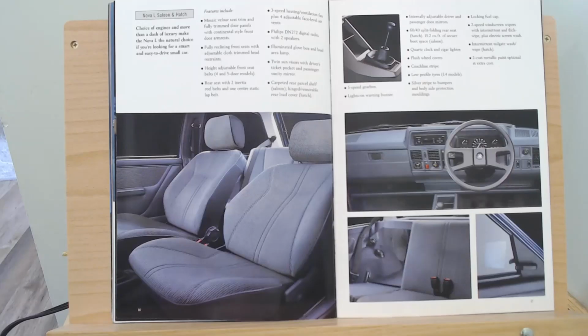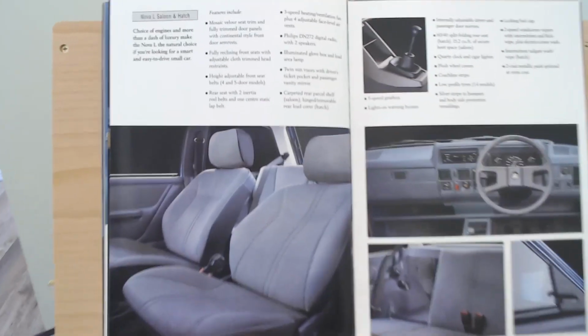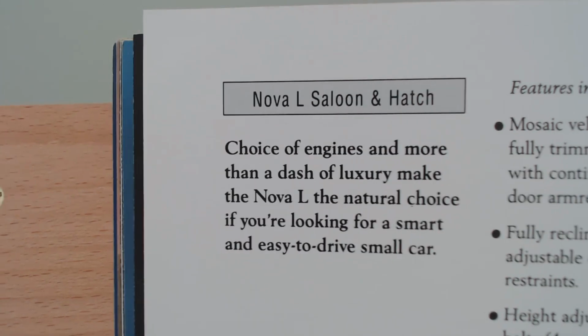So I think straight away my first impression is these seats look a little bit nicer for sure. We've got a split rear seat there. Looks like we can adjust the mirrors now from the inside. So a bit more of the features we would kind of expect for the 90s now. It says choice of engines and more than a dash of luxury makes the Nova L the natural choice if you're looking for a smart and easy to drive